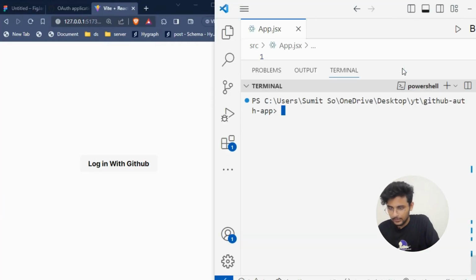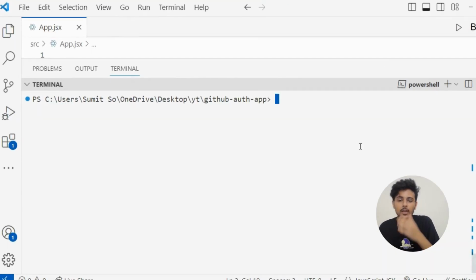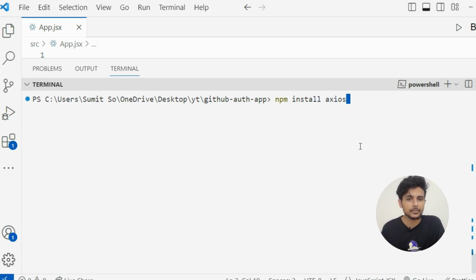But now let's first install two libraries which we are going to use. Now I have not created any dedicated server in this particular project. Obviously, if you are working with big project, you might have created a server for your project, but you will understand how you can make all these get and post requests. So we will install these two libraries. One is Axios. Using Axios, we can make all these get and post requests, and another is React Router DOM.